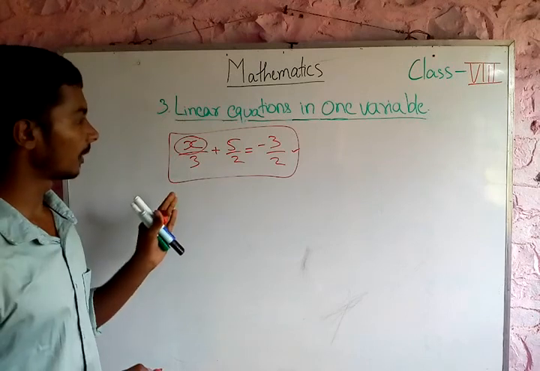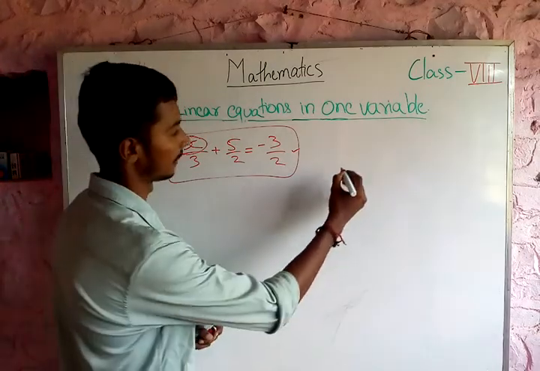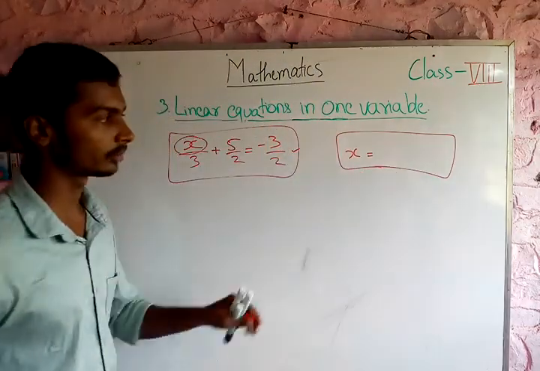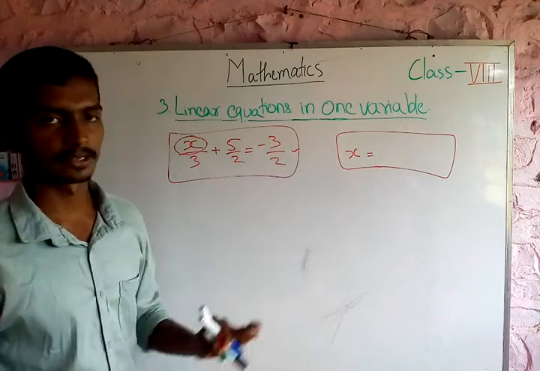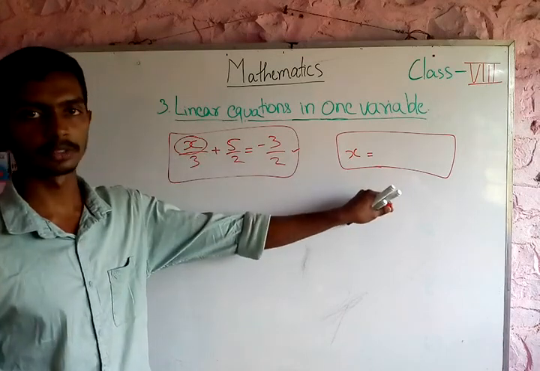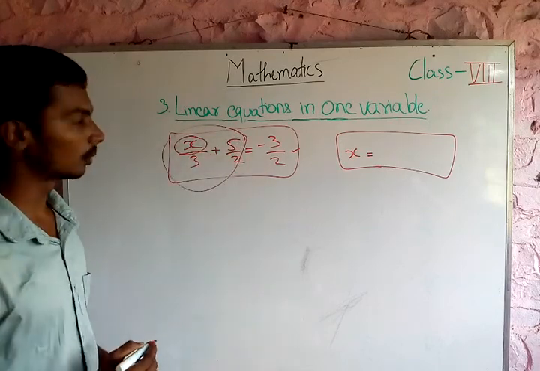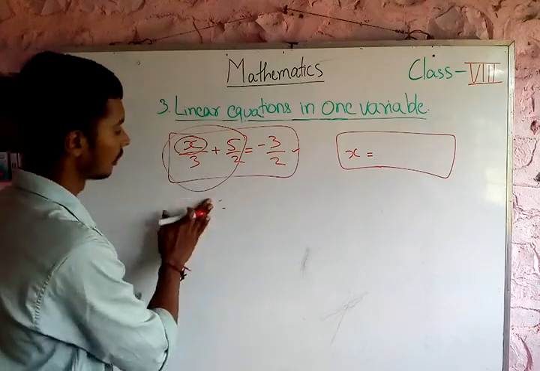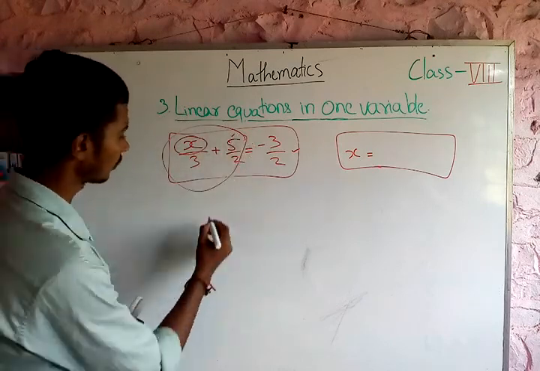Okay, to find the value of x you have to reduce this equation into a form of this kind, that is x equal to something. If you reduce this equation into this form, then you will be in a state to say that I have found x. Now see here how to reduce an equation of this kind to this form. On this side I want to reduce it to only x. How to do it? I have to eliminate other terms. Now see, in this case first I will eliminate this 5 by 2. How will I do it?